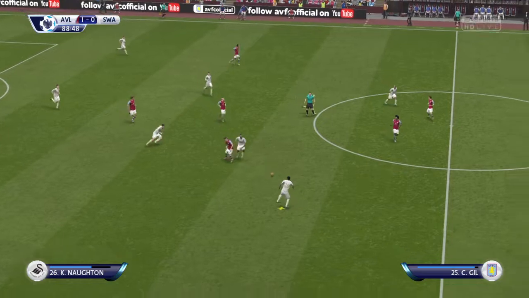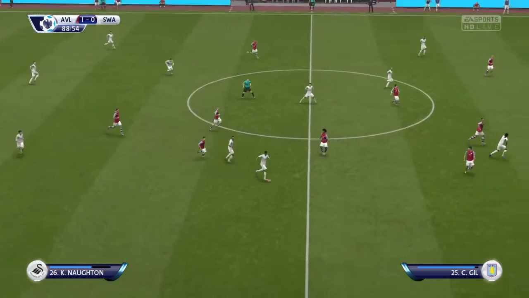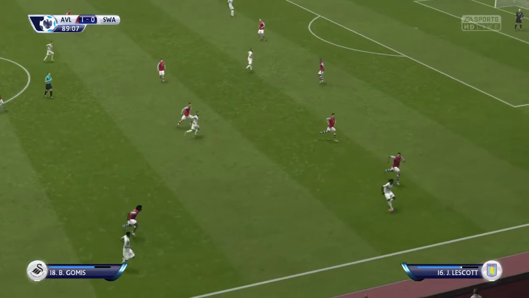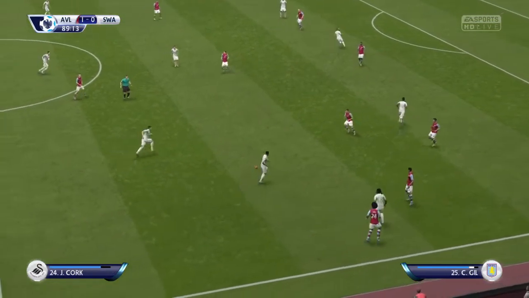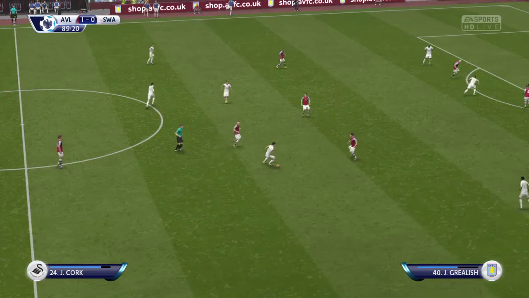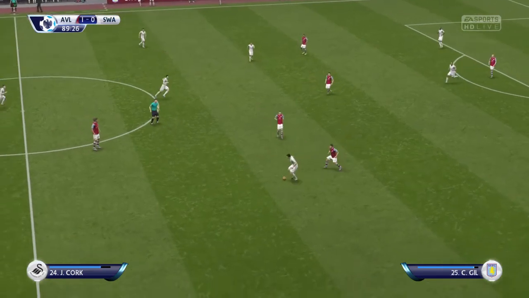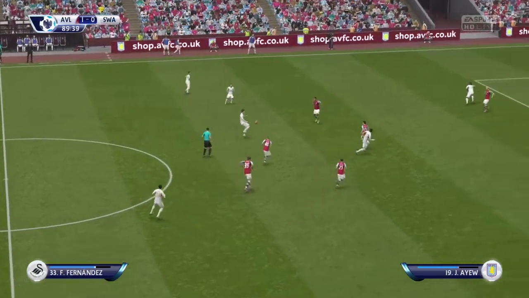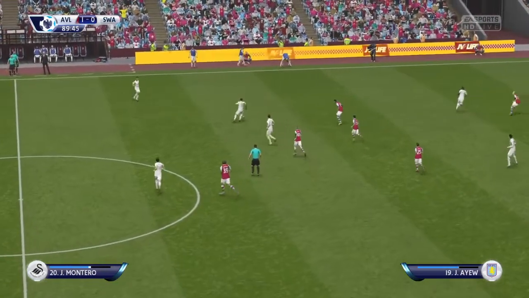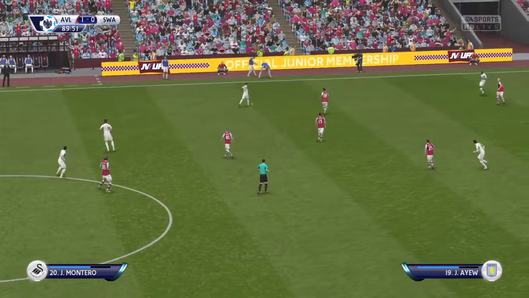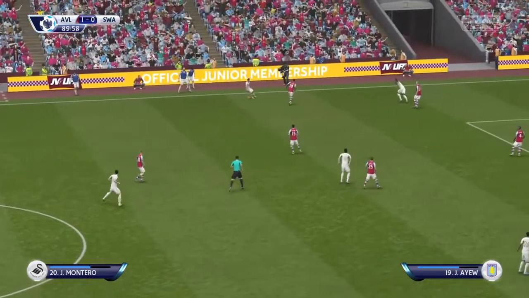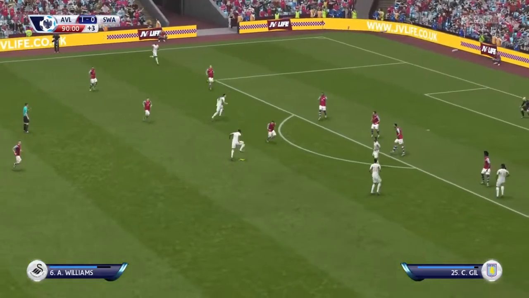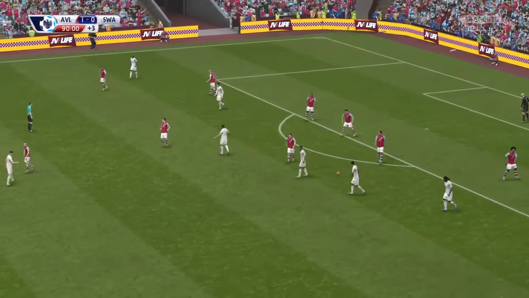Well, the clock is ticking on, 2 minutes of play left. You know, this could be the last chance for them to salvage something from this match. Ashley Williams. It's offside.